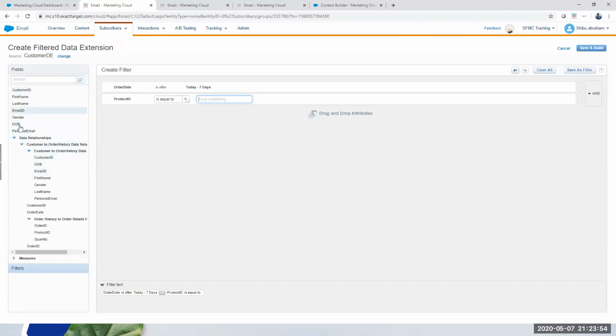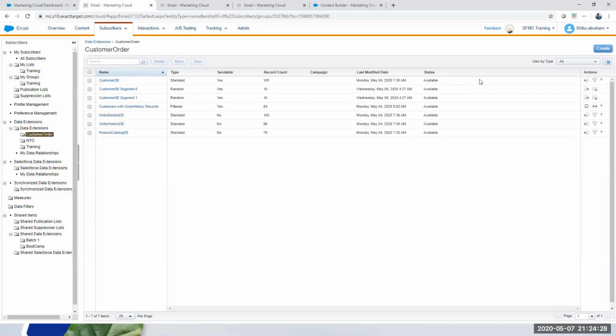Directly, if there is an easy way to do an inner join and you want to get data, you can get that through this. So keep that in mind, especially when you do filtering. In certain cases it is not possible. Sometimes people have asked me, can you do a count of, say, where the particular order ID is greater than something? You cannot do all that here. More complex types of SQL, those kinds of things you cannot do here. You have to use query activities for that. This is a very simplistic, point and click way of filtering that you can use in a data extension.